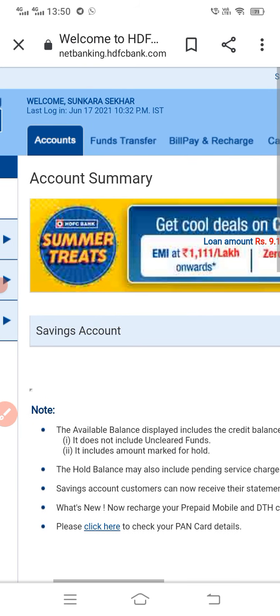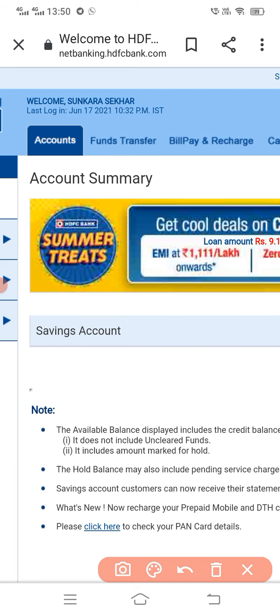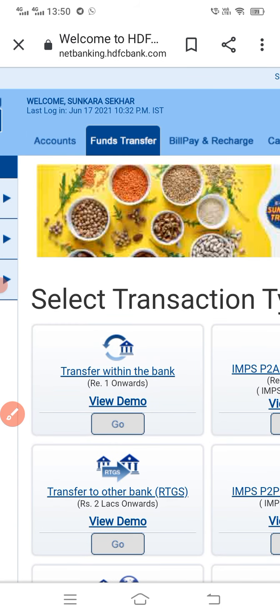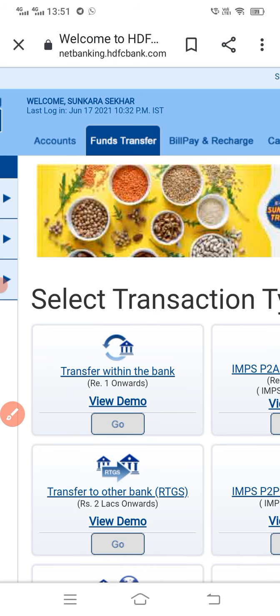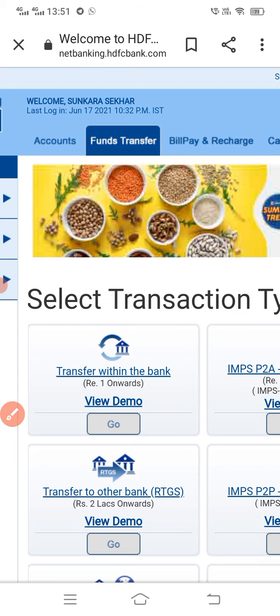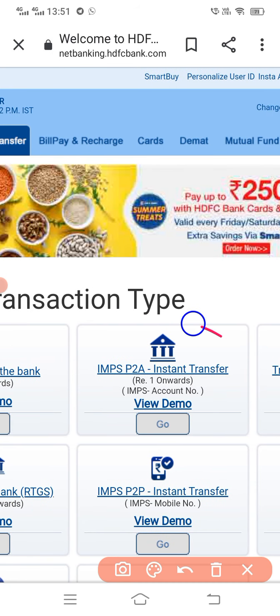I'll go to this option, fund transfer, and click on it. I'm not sending within the bank, I'm sending outside the bank, so IMPS, instant transfer.